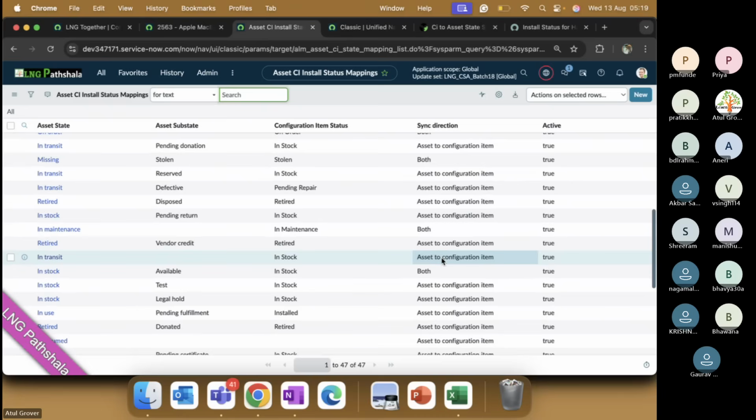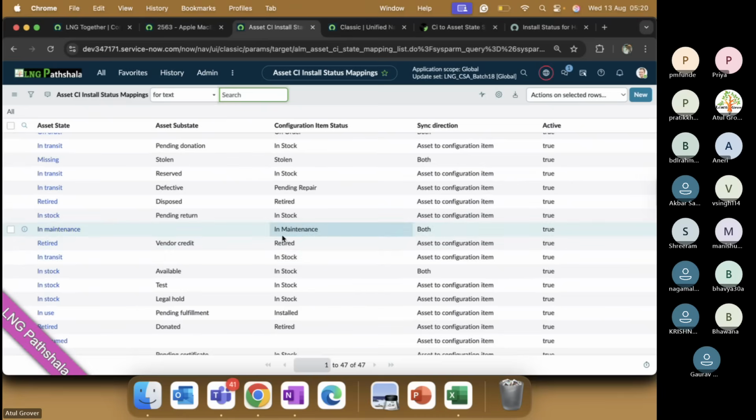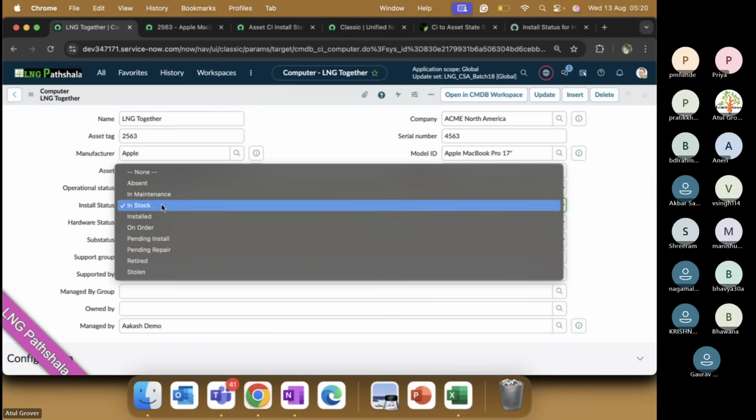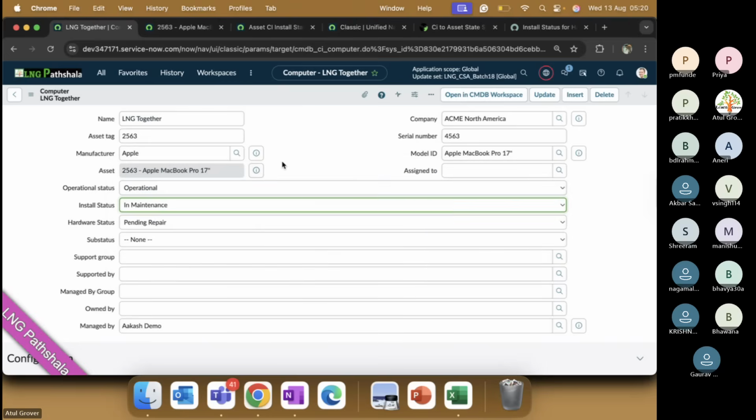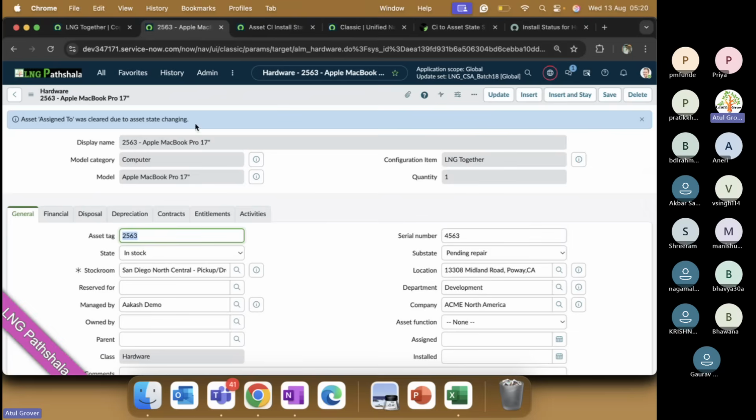So I will say both in maintenance. Let me change now. ठीक है, इन मेंटेनेंस सेव किया, सॉरी